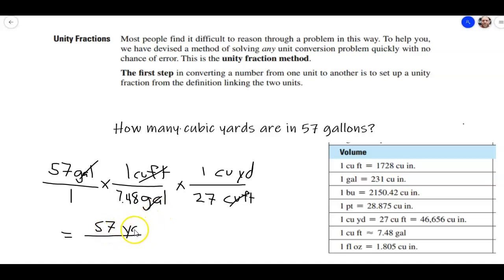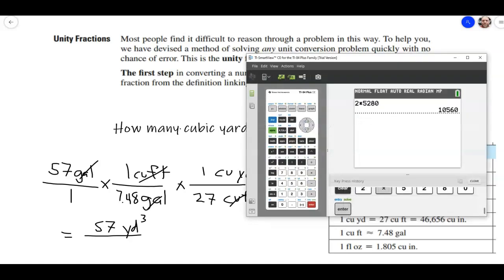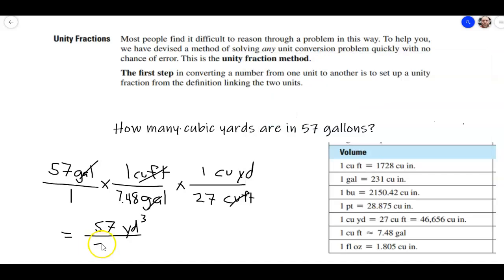And this time I'm going to write it like this, yards with a little 3, that's also cubic yards, over 7.48 times 27. So this is going to be 7.48 times 27, and if we remember from the last section, we're going to round to the least number of significant digits, which would be 2 significant digits for 27. So we're going to round to the first 2 digits here, so that's just going to be over 200,